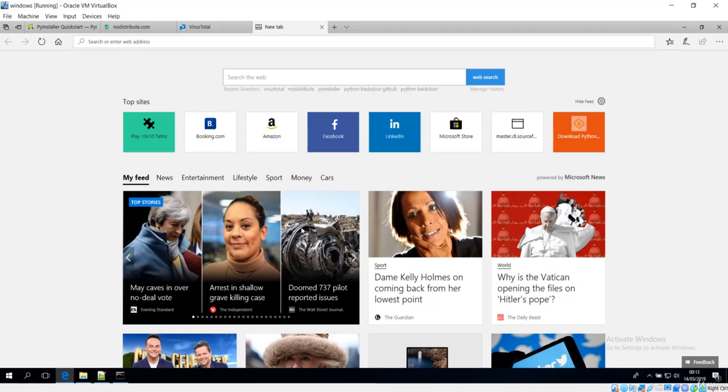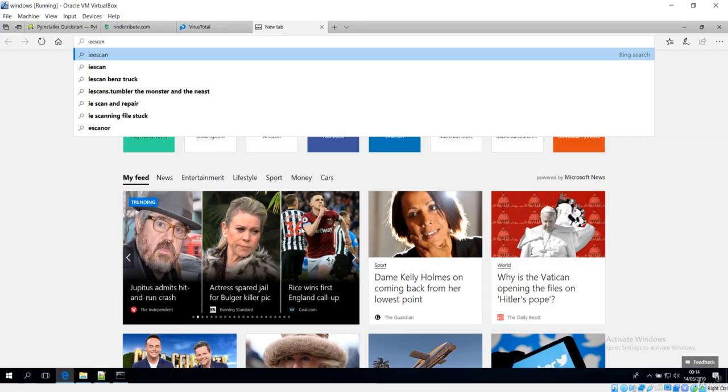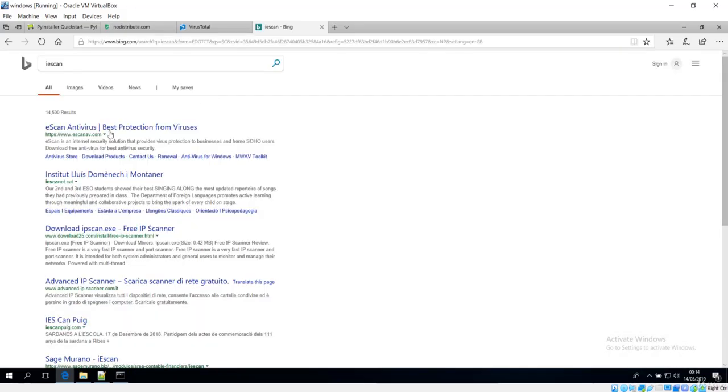But now you can see in VirusTotal you have another application too. So I think that is eScan or something like that. Let me see if there is any application, and that should be, I think, eScan.